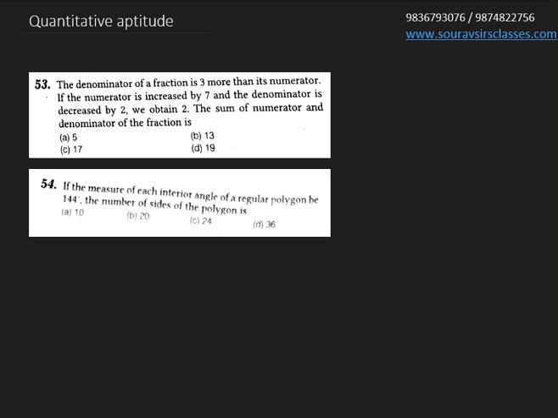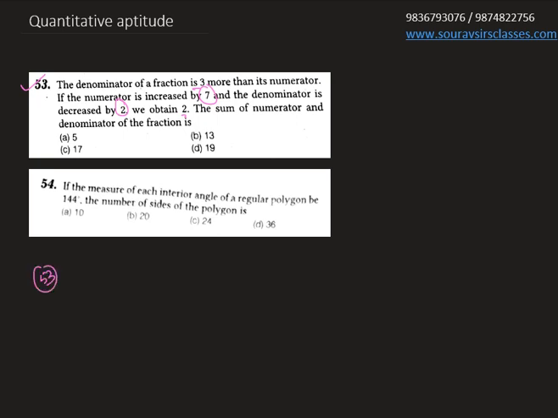तो चलिए अब देख लेते हैं कि पहला क्वेश्चन यहाँ पर क्या पूछा गया है। The denominator of a fraction is 3 more than its numerator. If the numerator is increased by 7 and the denominator is decreased by 2, we obtain 2. The sum of the numerator and denominator of the fraction is,